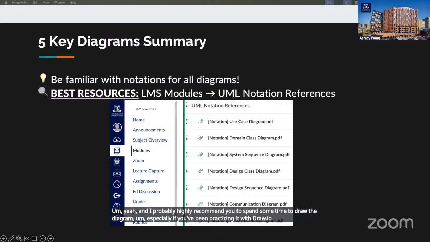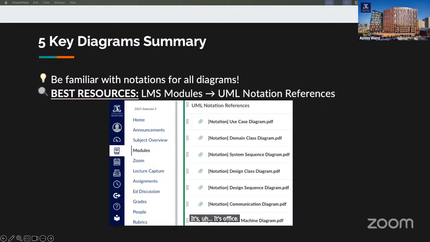I'm not sure of the format of the exam. It's paper, right? So if it's pen and paper, try to do some practice with pen and paper rather than draw.io, because if you've been using draw.io, you're probably going to struggle to draw it by hand. I think really good practice will be the workshop questions, because you have a solution that you can reference. So that's going to help you know if you drew it correctly.